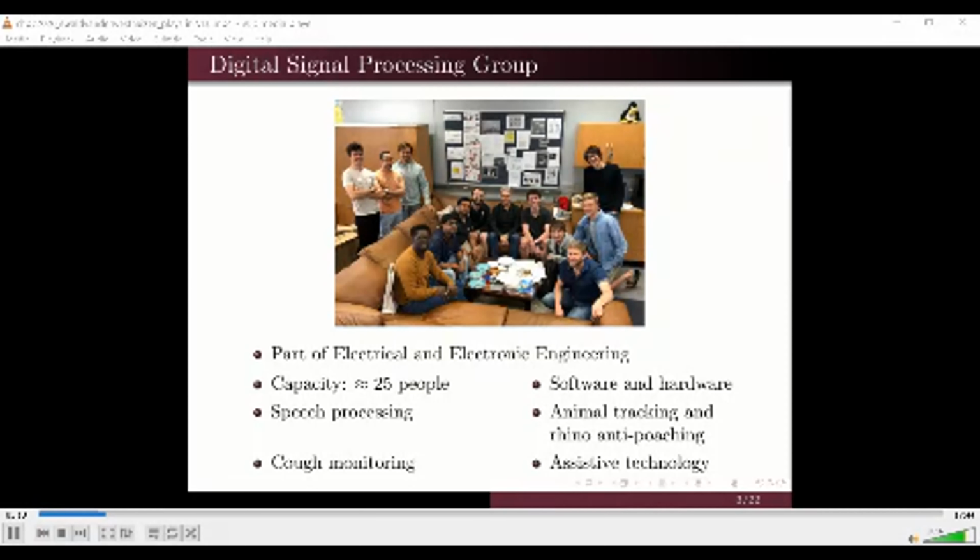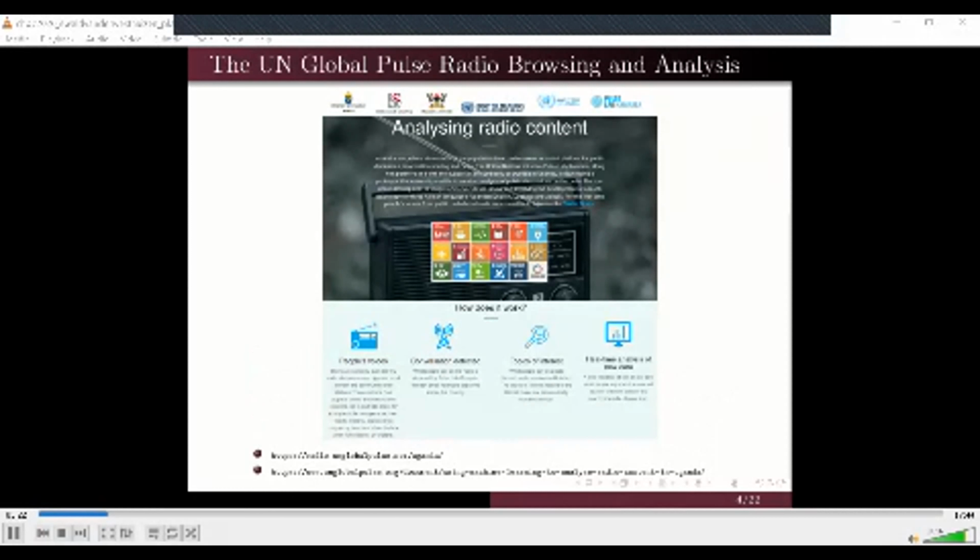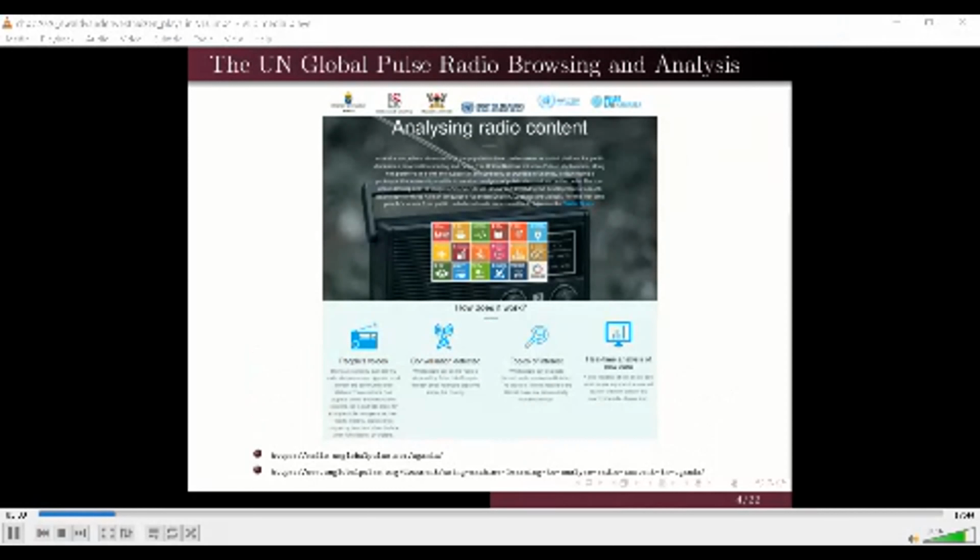Our DSP group is involved in a project with the United Nations Pulse Lab in Kampala, Uganda. In this project, we use speech processing systems in a number of African languages for analysis of public discussions on broadcast radio shows. So you might wonder why public radio and not, for example, social media.